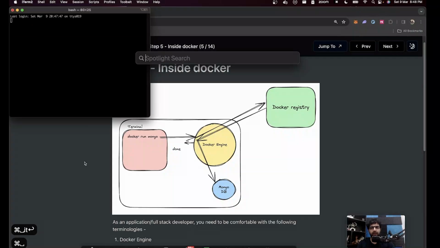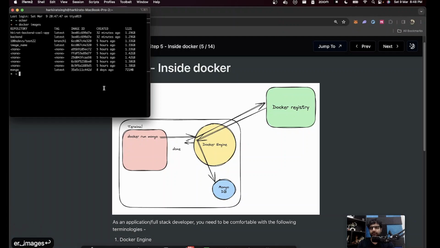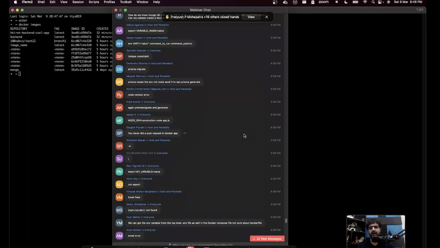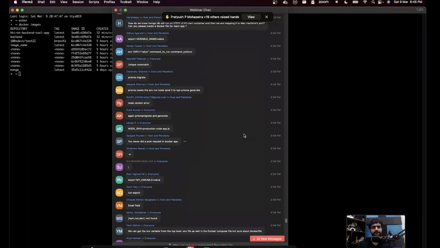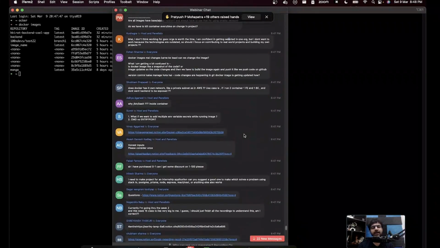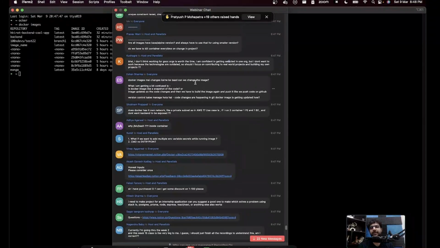Okay. What I was saying was, if you look at Docker images, you'll notice this has a size of 1.29 GB, because this brought a very fat image on my machine. The Alpine versions are slimmer. If your base image was Node Alpine, then you'll see like 200 MB over here. So it depends on who has created that image. It's not necessary that every Golang, Node.js, every language has its own Alpine version. Most of them do, I'm assuming though. It's always a good idea to use smaller images.